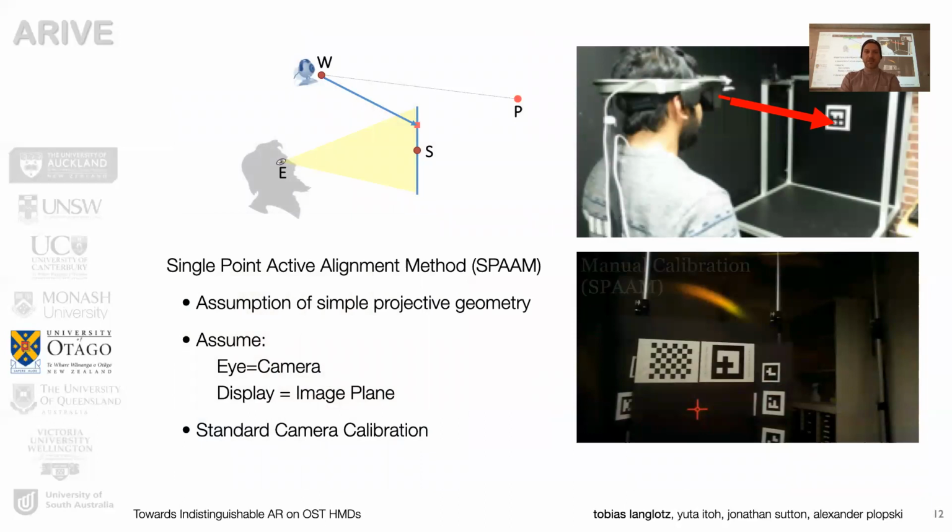Sometimes it's also called eye display calibration. And there are lots of different algorithms for that. Probably the best known one, which is almost 20 years old, is called SPAAM, the single point active alignment method. So the idea is that you have a camera either integrated in the HMD or externally, and that you look with your camera at well-known points, usually markers, that's what you see on the right-hand side,